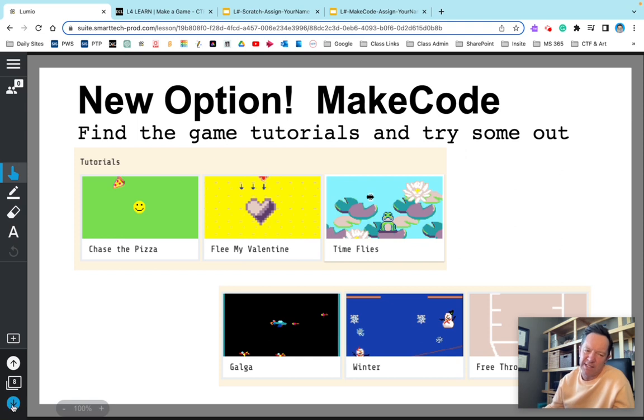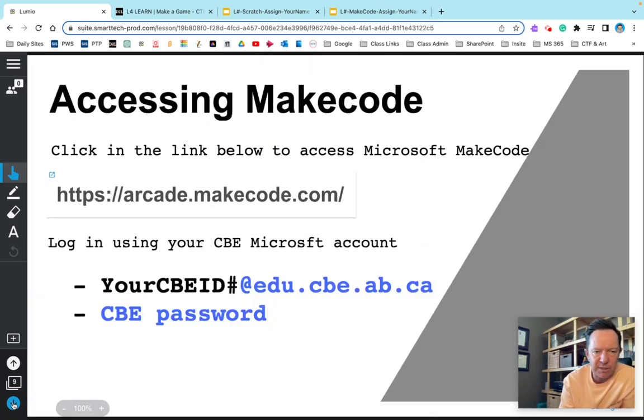It's a version of Python. It's not the true version of Python, but it's one that can be translated into blocks as well. So to access Make Code, you already have an account. So you just need to go to